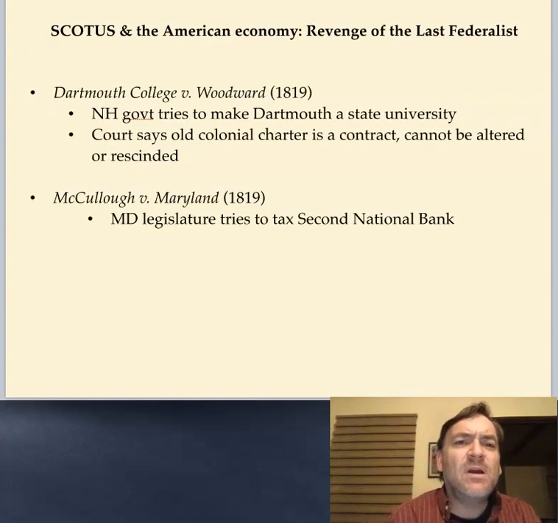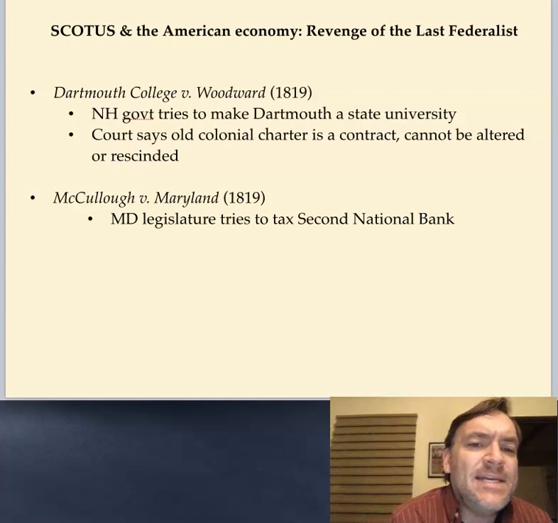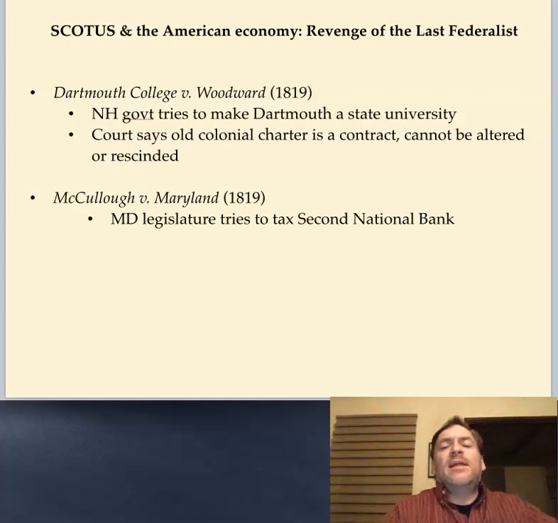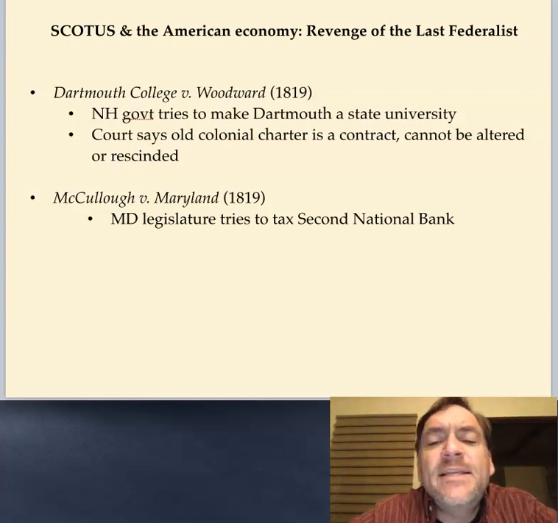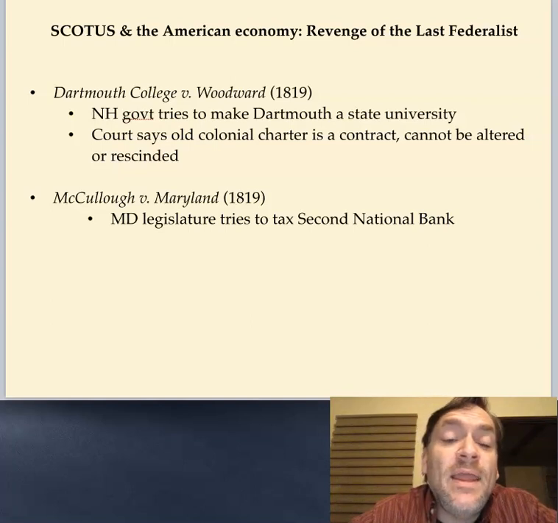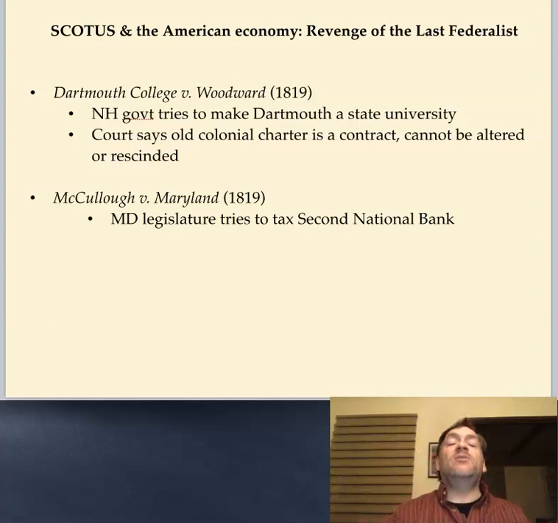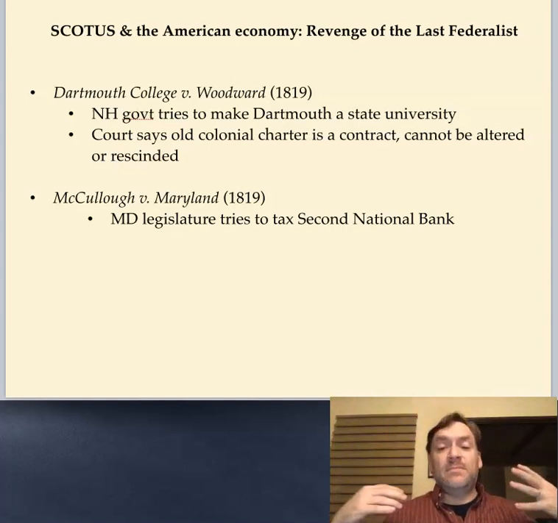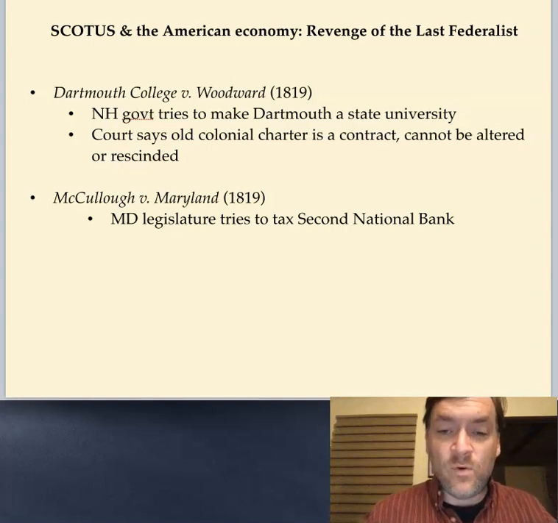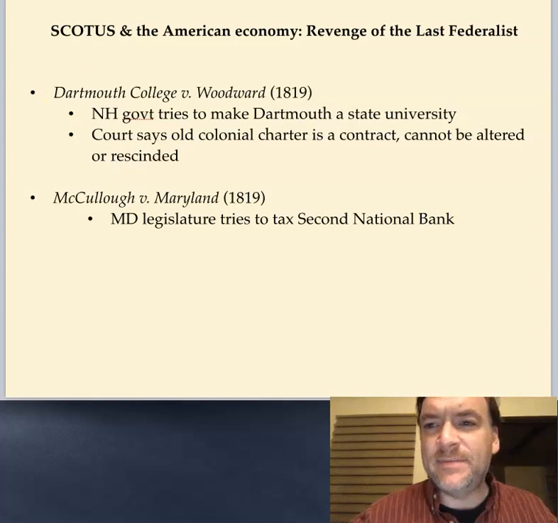The second case is McCulloch versus Maryland, also in 1819. Now remember, I talked last time that the Second Bank of the United States comes into being in 1816. So it's a second bank, has a 20-year charter, but it still has a lot of opponents, and some of these opponents were in Maryland who were not happy about this Second National Bank. And the bank itself had a central headquarter bank, but it also had branches in different states. Okay,